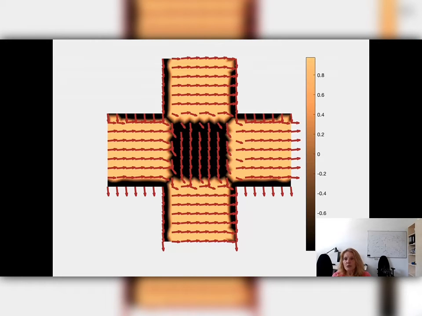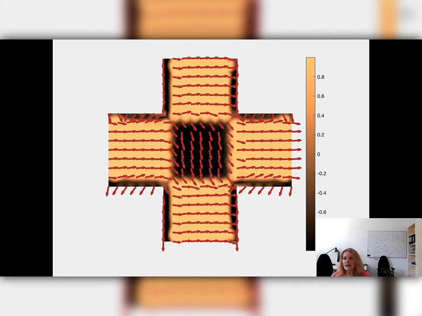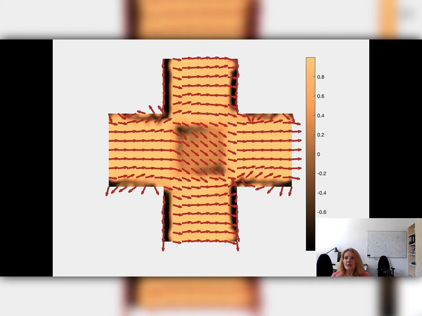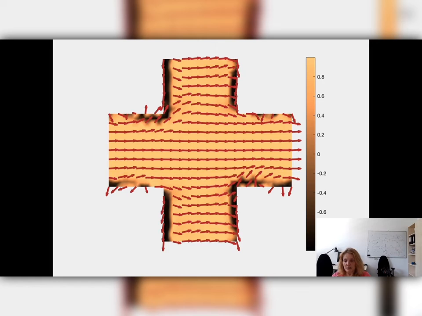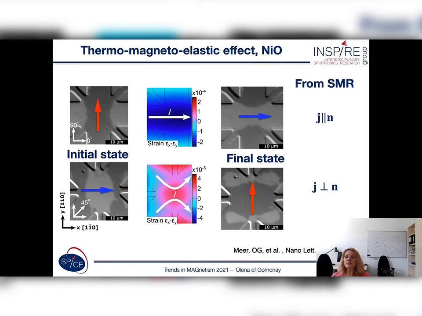This video shows how such switching takes place in the center of the cross due to the current. In order to prove that the mechanism which we observe during the switching in our devices is related with thermomagnetoelastic